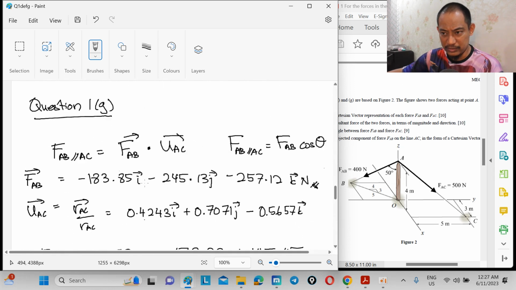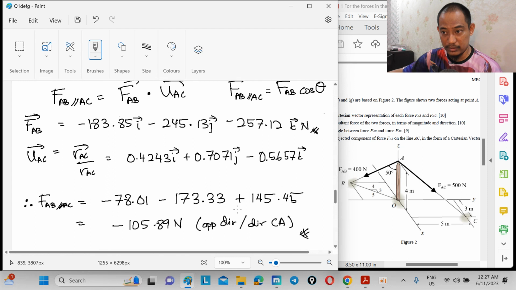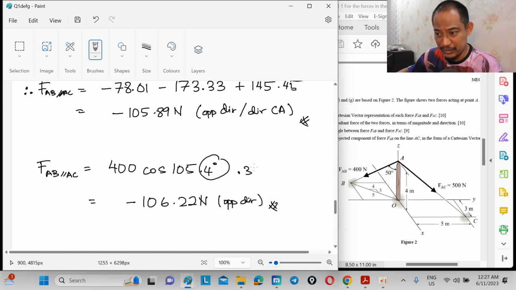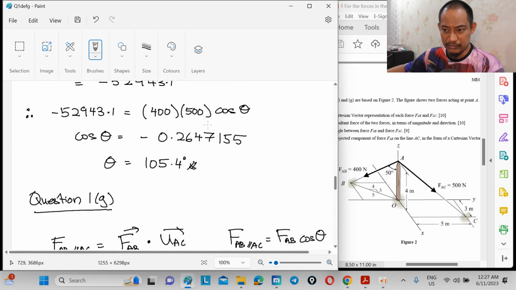And we can see here earlier when we discussed this, right? Is it 105.3 or 0.4? It depends on above, right? But here, because it's 1.35, right? So if we have 400 times cos 105.35 earlier, if you take two decimal points, it becomes 105.89, which is exactly the above, right? So for example, here, when we take 0.35, it will lead towards this exact answer. You can calculate yourself, right? 105.89, right? So that decimal point is important, because as a final answer it is okay, but as a calculation,